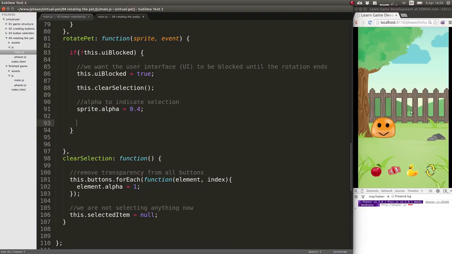You can either set a final destination for the angle, or you can just say add this amount of degrees or subtract this amount of degrees to the current value of the angle. Let's start by creating this tween animation. We're going to call it pet rotation. And this will be